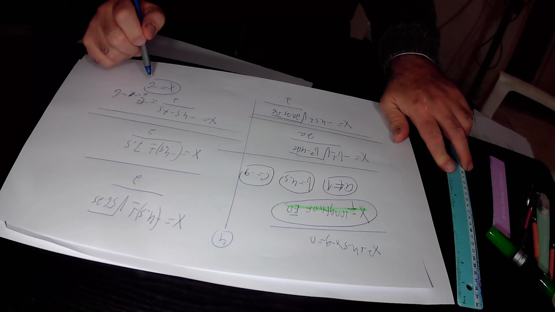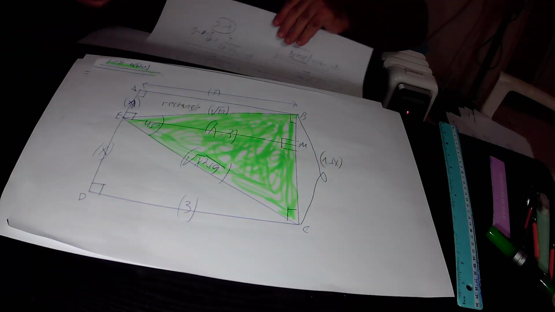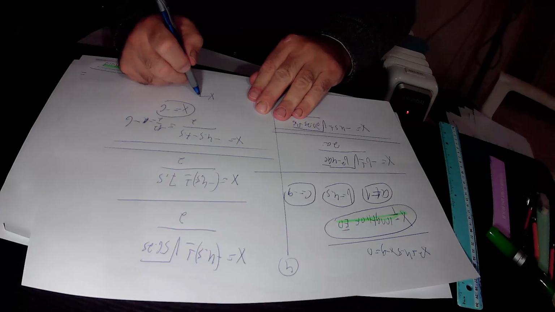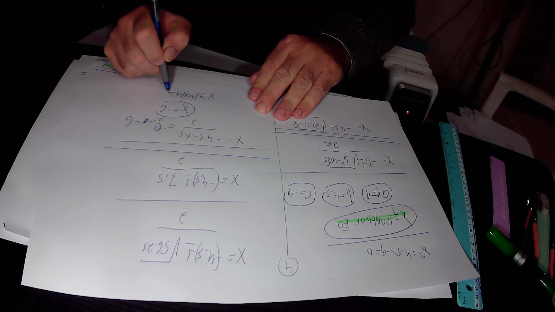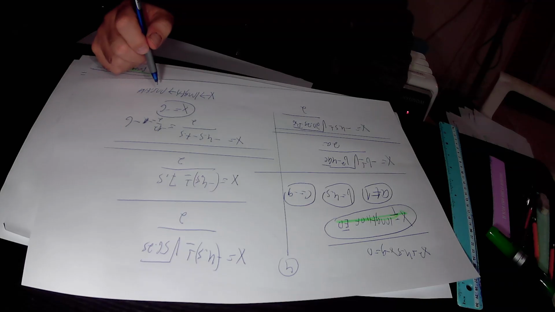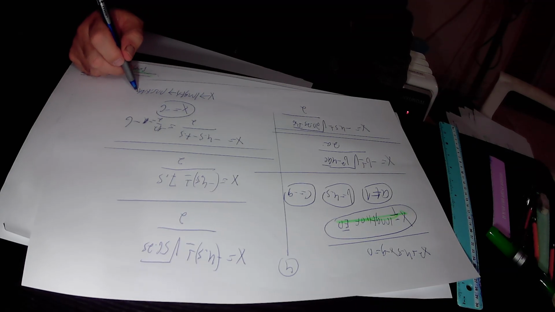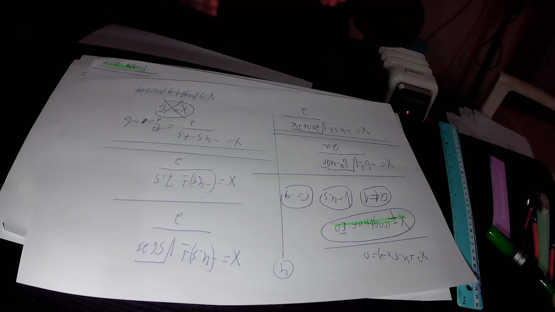But it is impossible that x equals minus 6 because x is the length of this line segment, so x as a length must be a positive number. Minus 6 is a negative number, so the first solution for x is an incorrect solution. You can discard this solution, and we will take into account only the